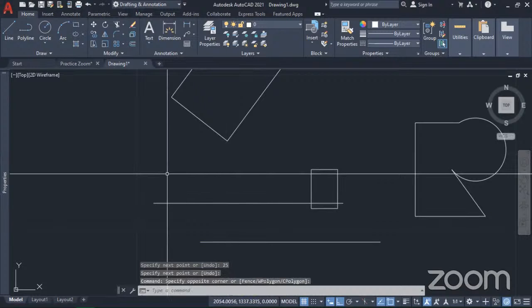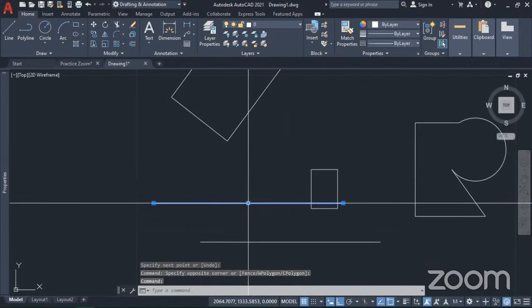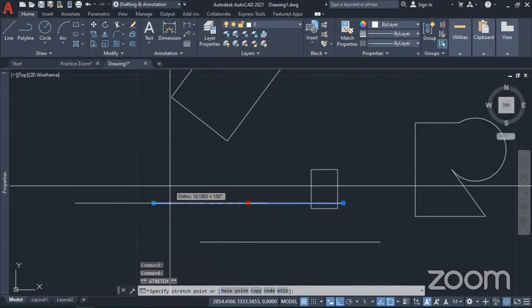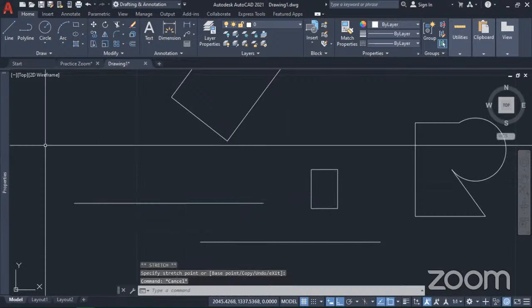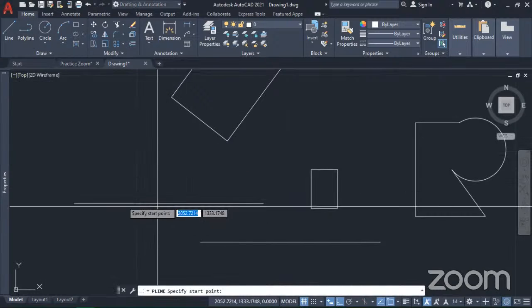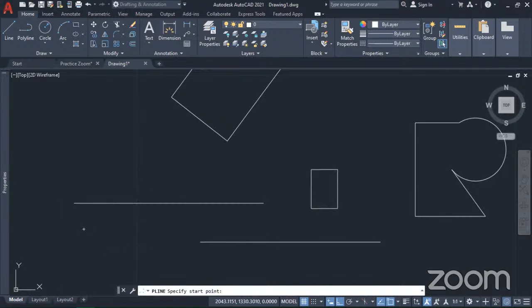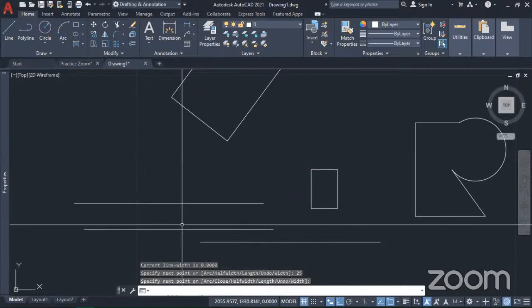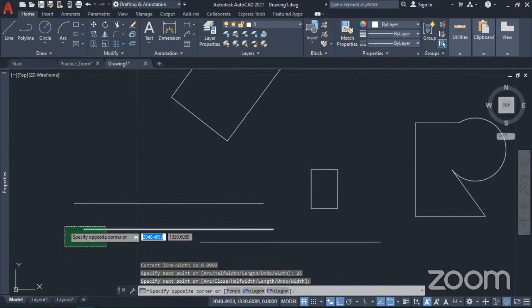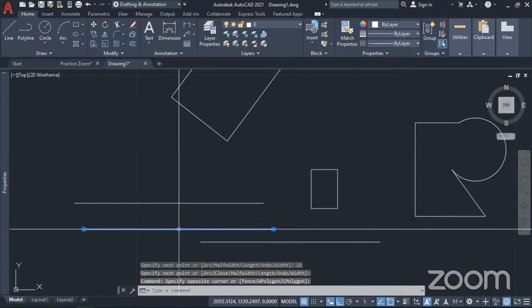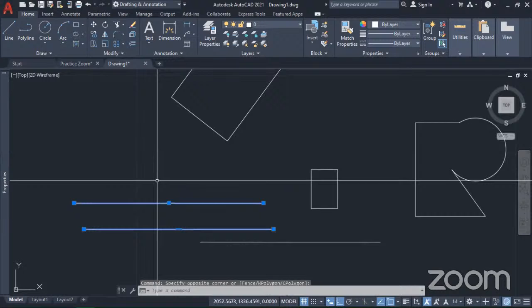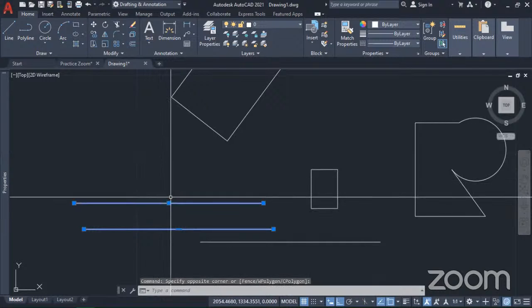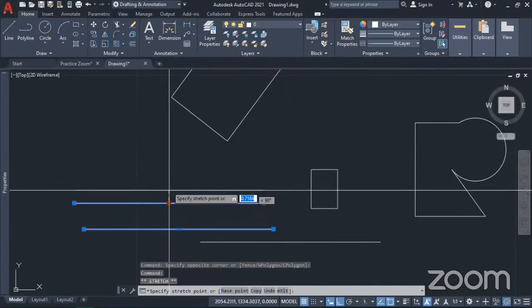I can move this line using the grip editing also. Click on the midpoint. Since it's not a polyline, I can move it. But if it's a polyline, let's see what will happen. I click my first point, second point, 25. So it should be the same. Highlight it. Now you see, for the polyline, it creates this rectangular grip, while the line creates a square grip. And this square grip can only move this item,